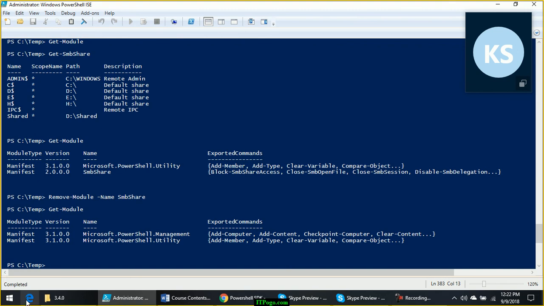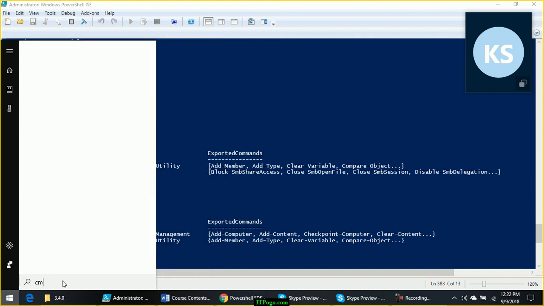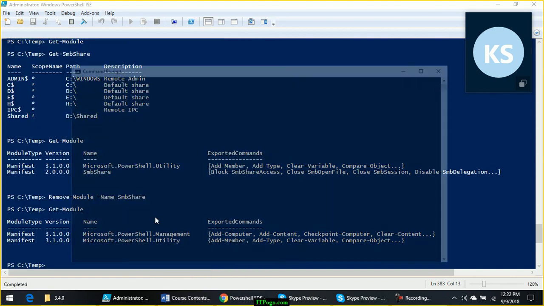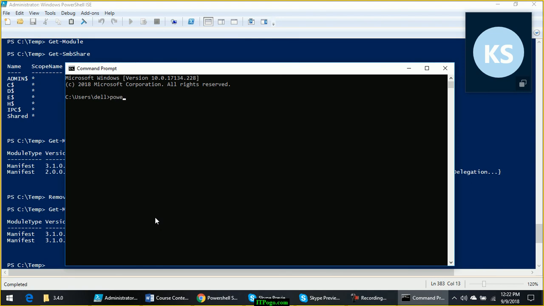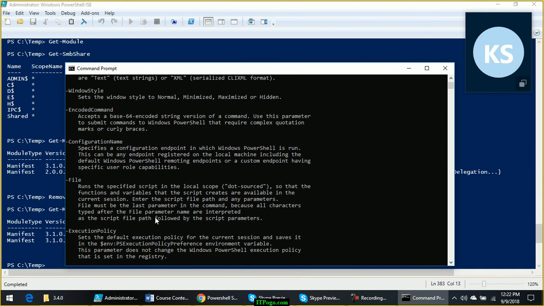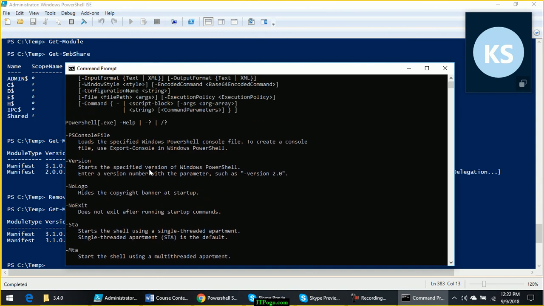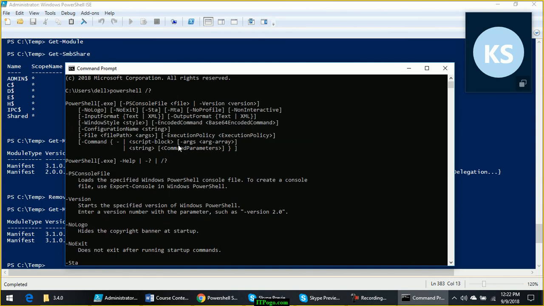Okay, let me show you from command prompt. So in PowerShell, you can use these options.